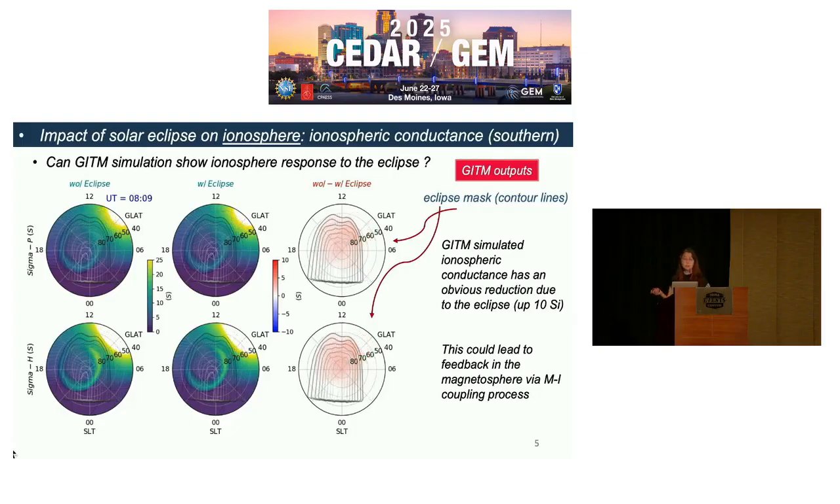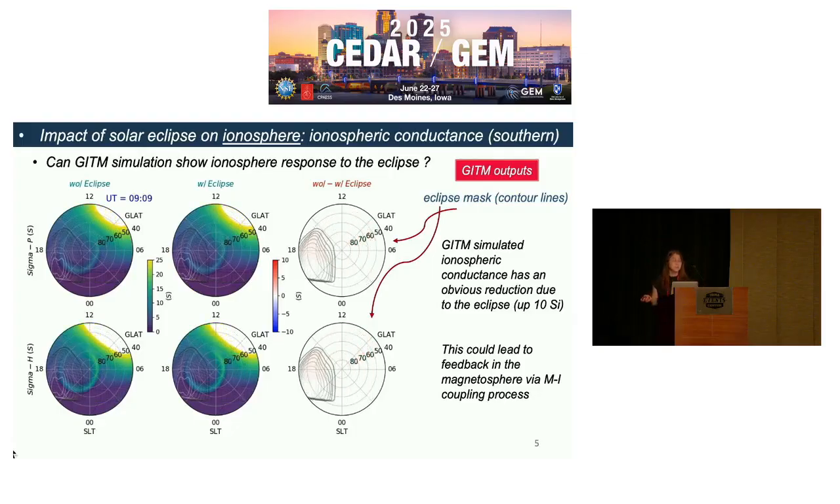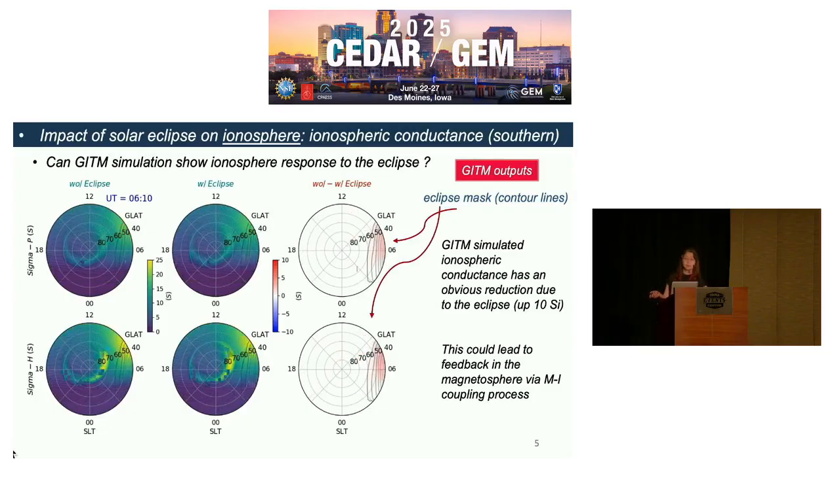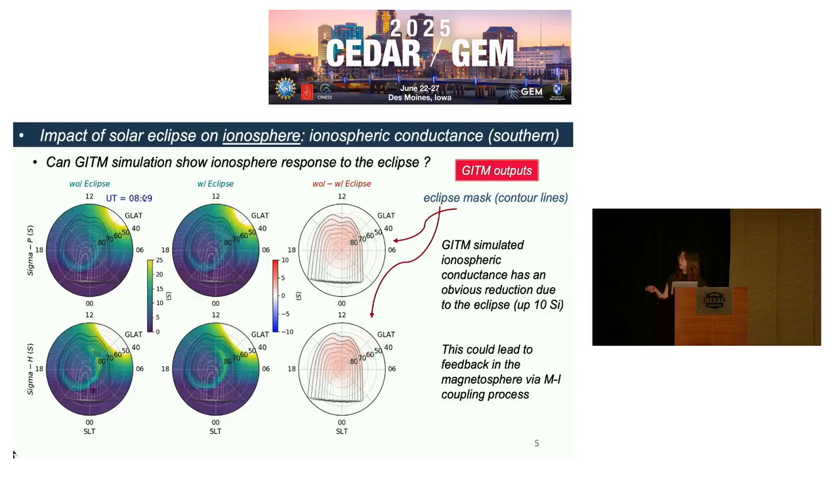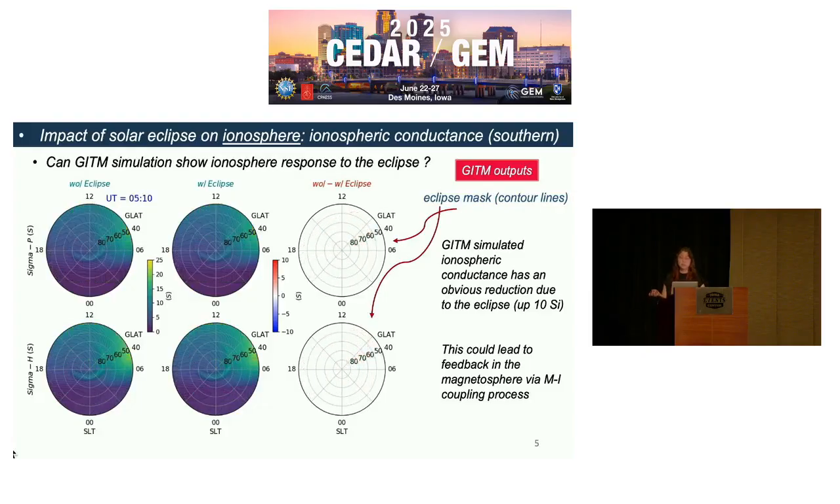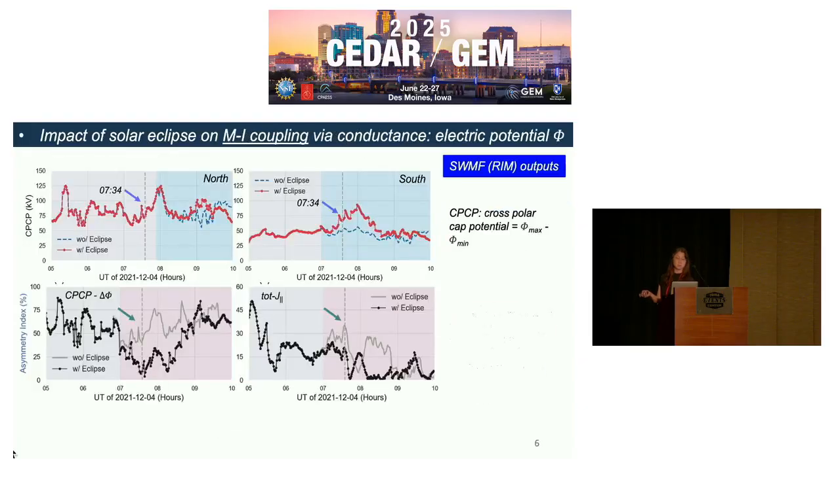The top panel is a reduction in the Pedersen conductance, and the bottom panel shows a reduction in the Hall conductance. So in general, the reduction can be up to 10 sigmas, and so it's definitely not negligible. And then we feed this ionosphere conductance back into the magnetosphere,